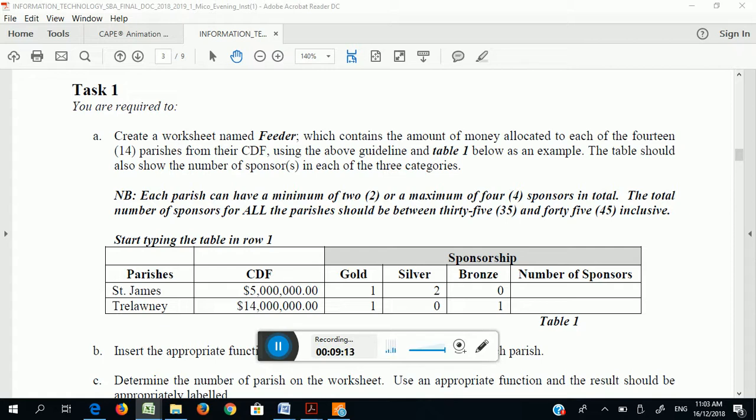Dollar sign go before the column letters. So you're not to have more than 4. You can have a minimum of 2, but no more than 4 sponsors.